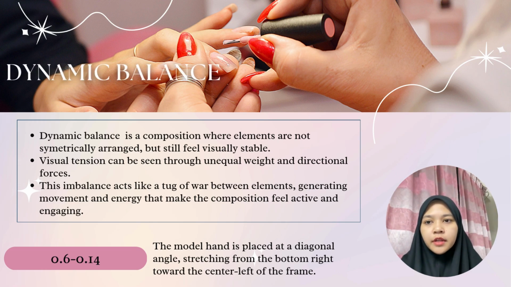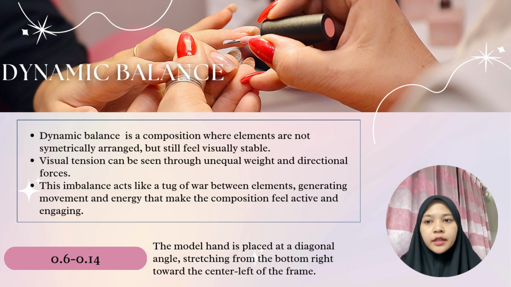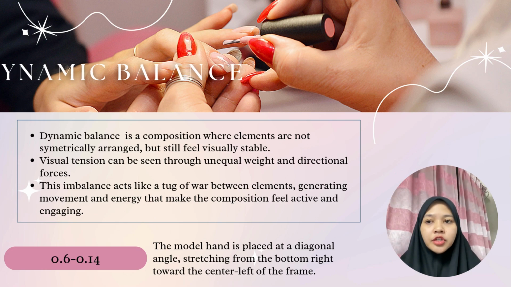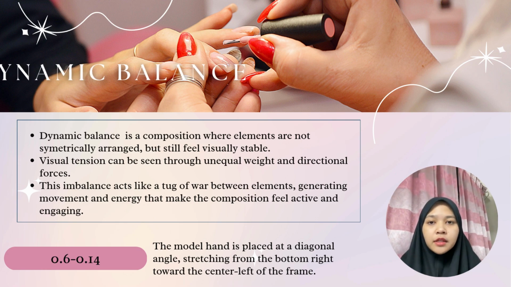The second technique that I use is dynamic balance. Dynamic balance is a composition where elements are not symmetrically arranged but still feel visually stable. Visual tensions can be seen through unequal weight and directional forces. This imbalance acts like a tug of war between elements, generating movement and energy that make the composition feel active